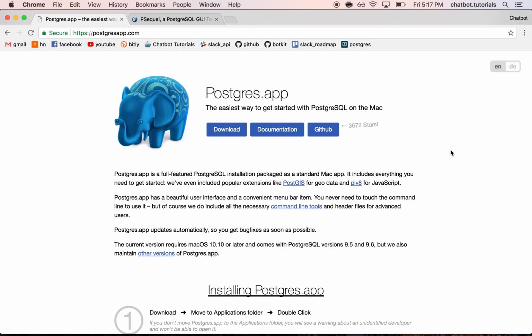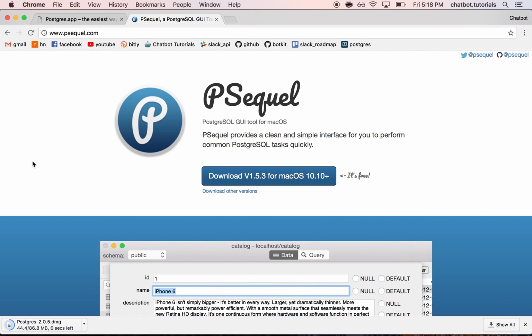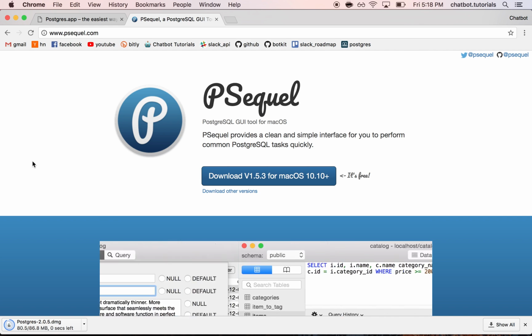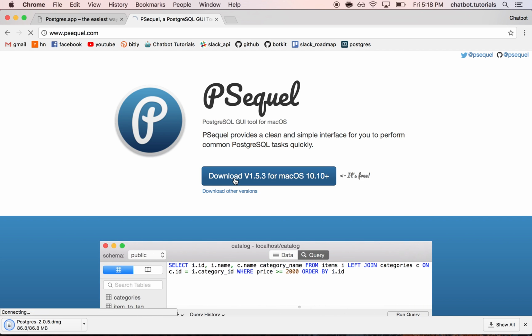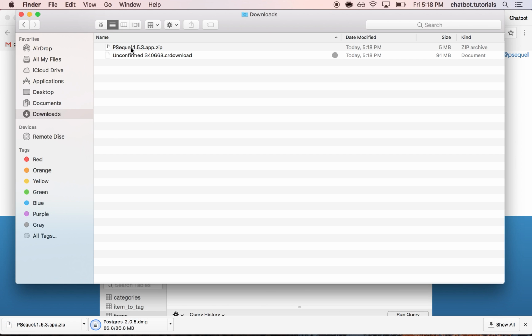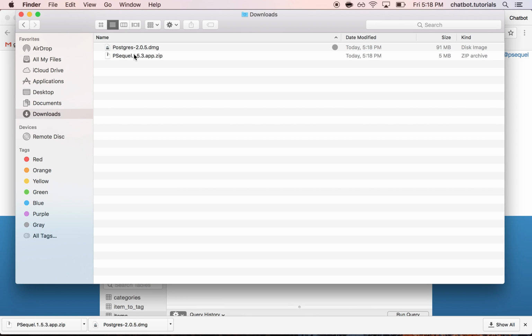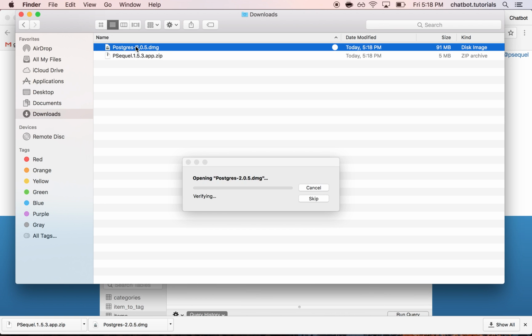The first thing we want to do is download our database and take care of database stuff. So to do that, I'm going to go to postgresapp.com because we're going to be using the Postgres database, and I'm going to download that app. I'm also going to use a GUI tool for a Postgres table database. It's going to be a lot easier to do database querying using a GUI tool, so I'm going to go ahead and download that as well. While I wait for that, I'm going to unzip this file and drop that into the applications folder. I am going to install the Postgres database,